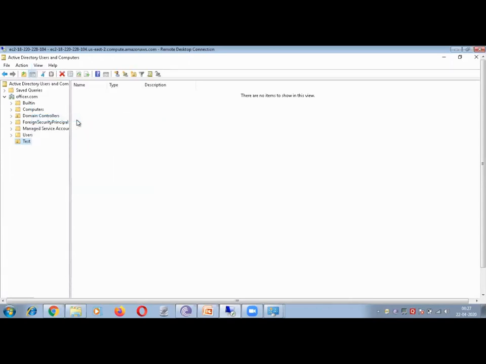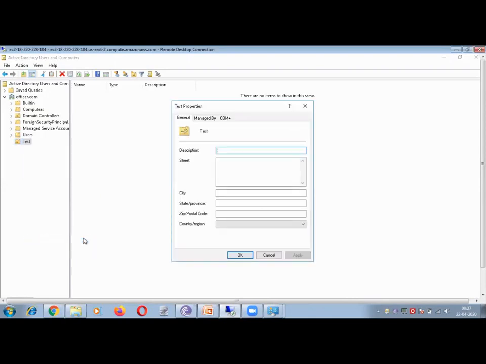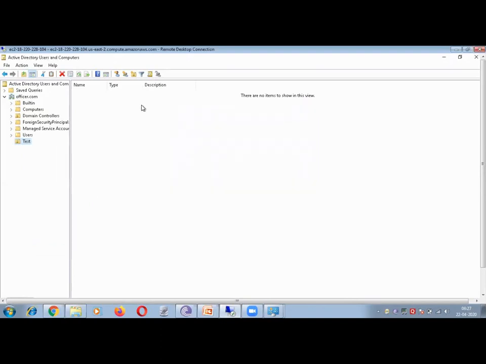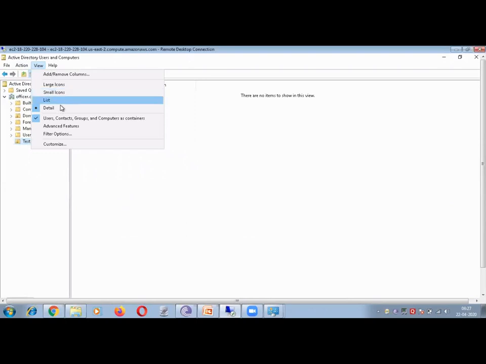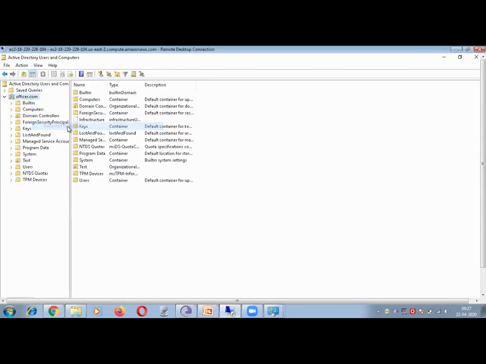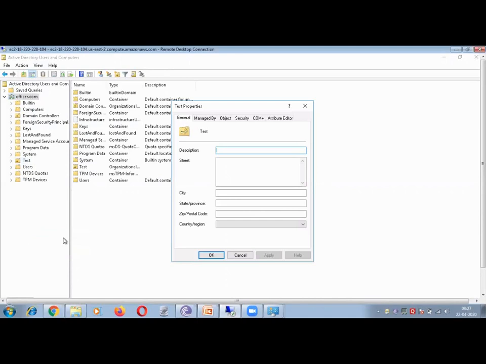Now right click, properties. Oh, again go to the View menu and select advanced features. Okay. Now right click the test, properties. Now go to the security.